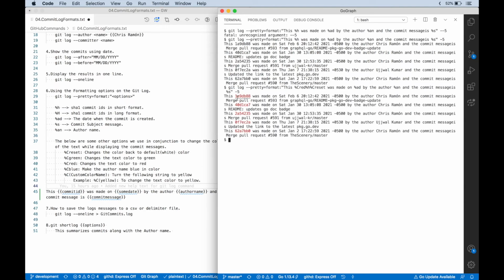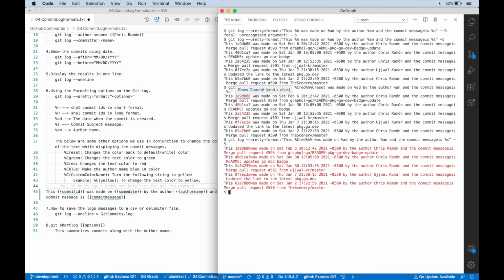So this part of the section is shown in red color. What will happen if I don't reset it? If you don't reset it, it is going to apply the color format for the whole text after this. See, this is how it is going to apply. We need to stop the color formatting, so that is why we use the reset.